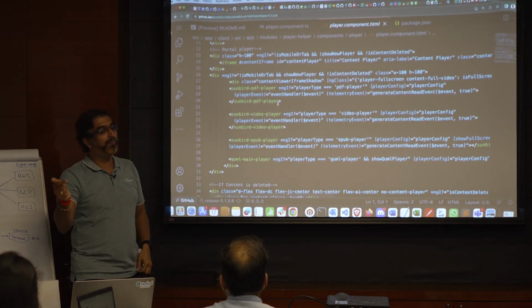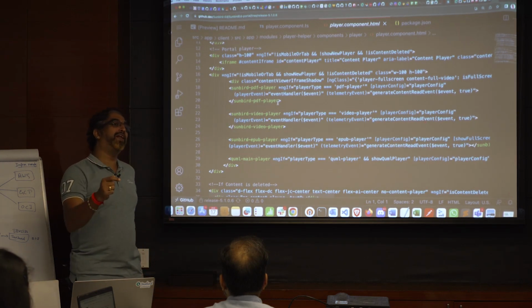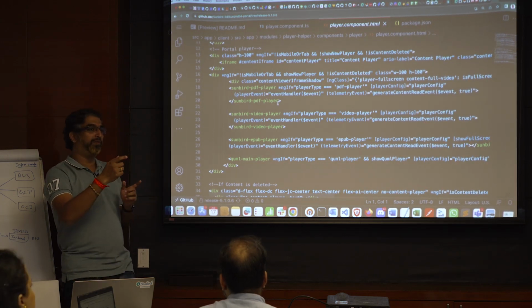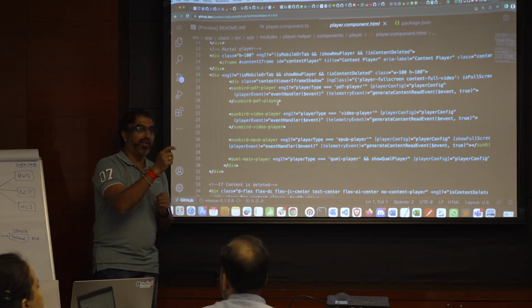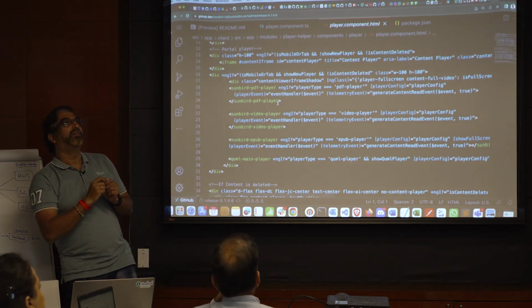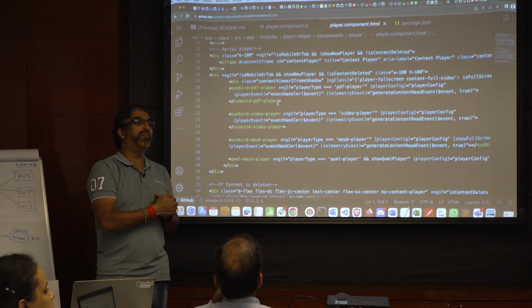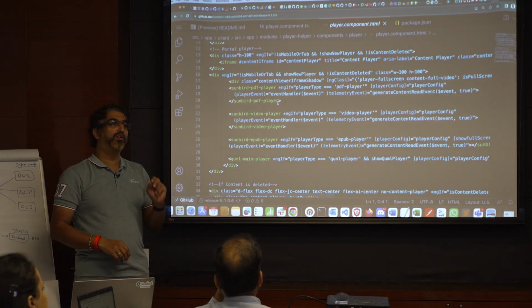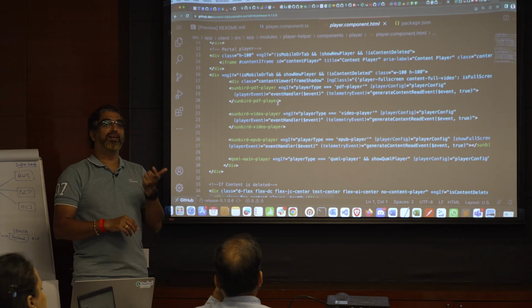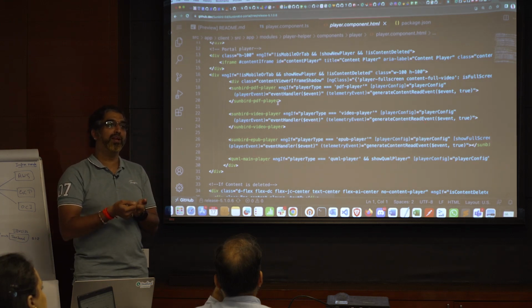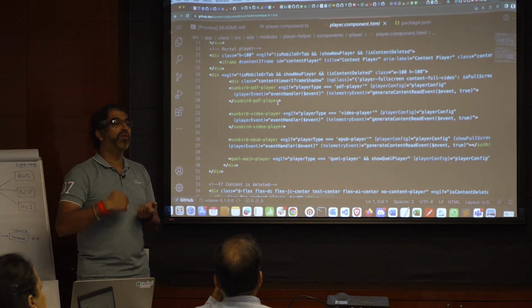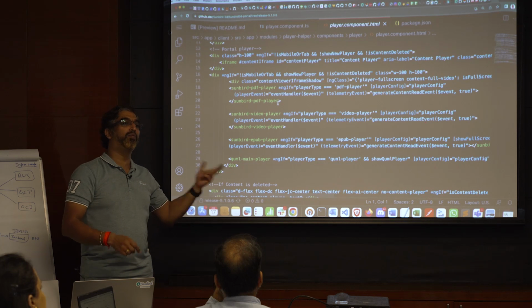You can see it in the README file, on their npm, as well as in their git repo README file: the tag name to use for a particular player, and the input parameters we need to send so that the player works.